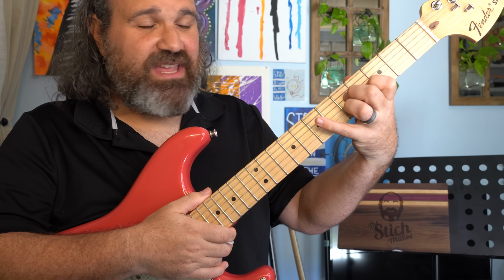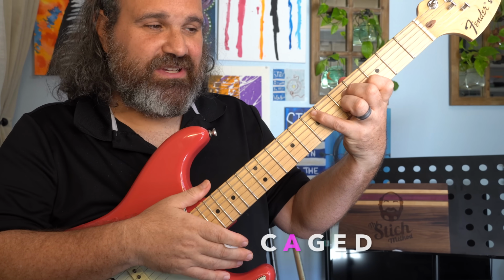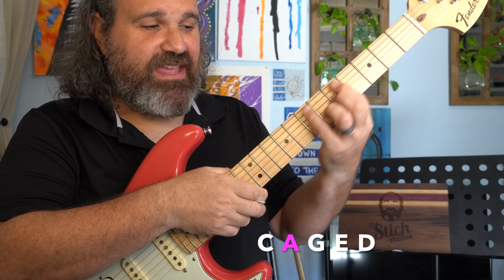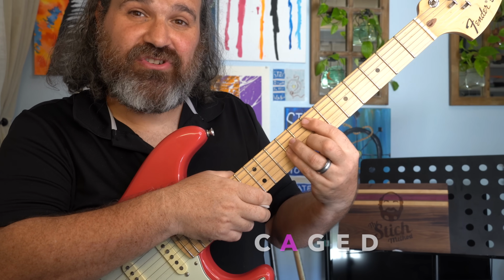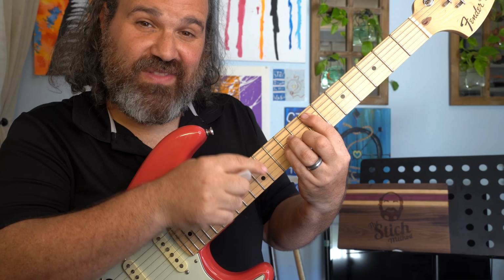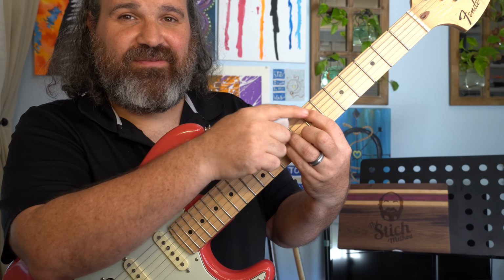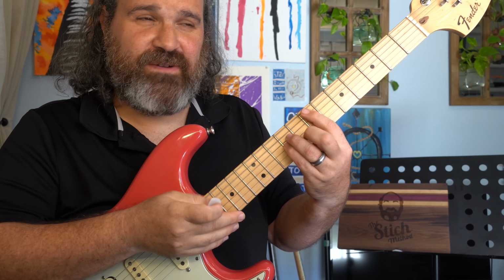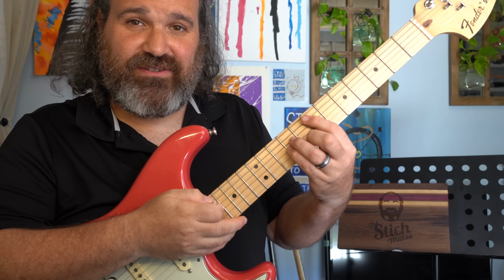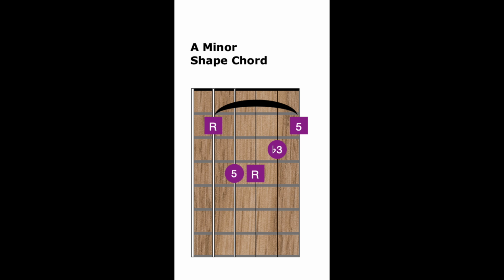All right, the next shape. Well, if you know your CAGED chord system, again, watch the videos below. The C shape connects to the A shape, and now we need an A minor shape chord. Now, a lot of you are familiar with this chord shape. It's a 5th string A minor shape chord, and the intervals are 1, 5, 1, flat 3,